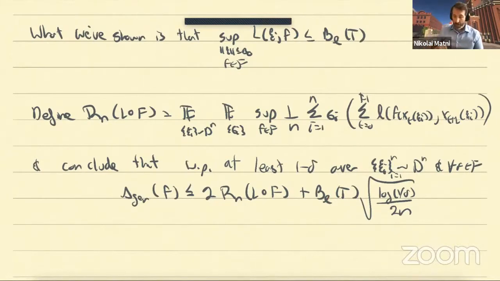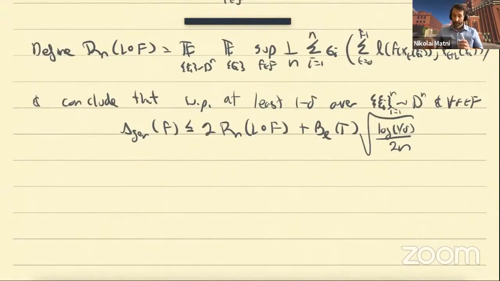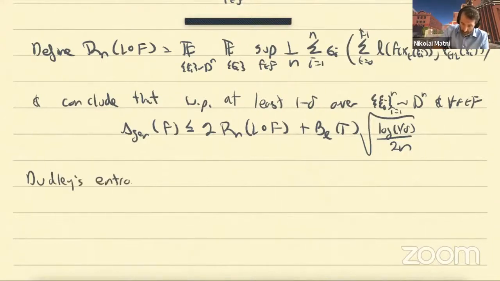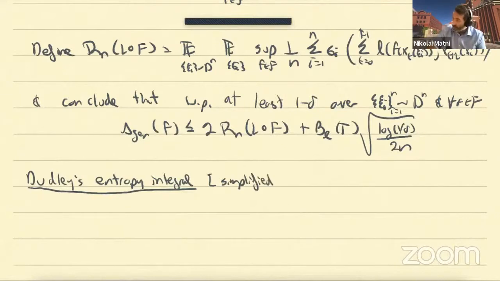So to do this, we're going to have to introduce some additional technical machinery because, as you can see, this is a fairly nasty looking expression, and working directly from the definition is not trivial. So in order to investigate the effects of stability on our Rademacher complexity, I'm going to have to introduce a tool known as Dudley's entropy integral. I'm presenting a very simplified version, mostly based off of material from chapter 5 of Martin Wainwright's book.